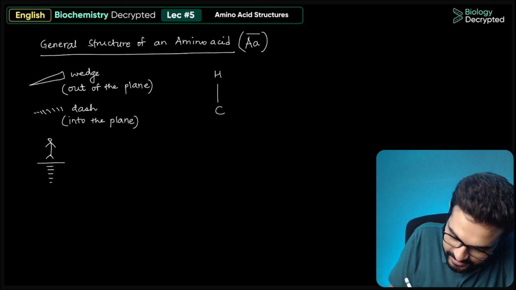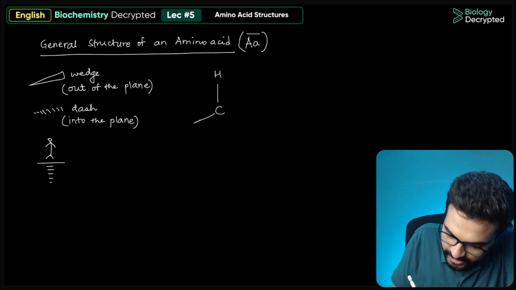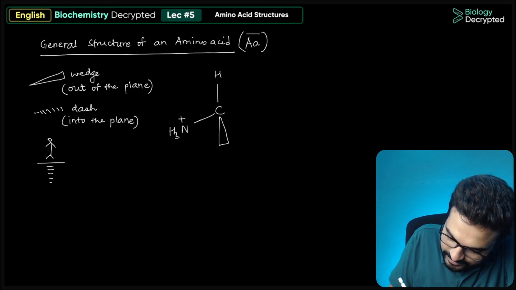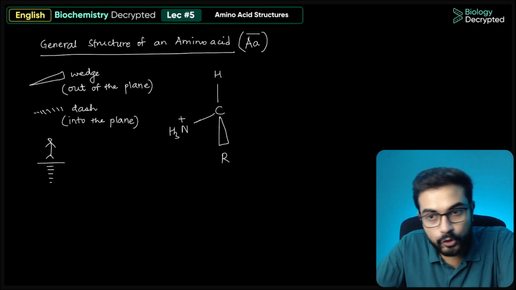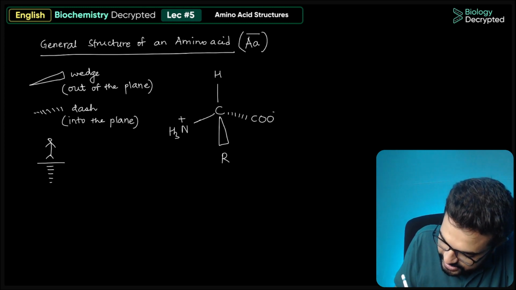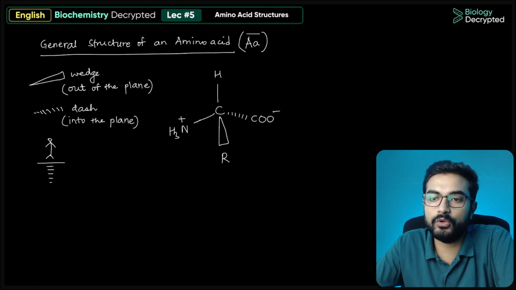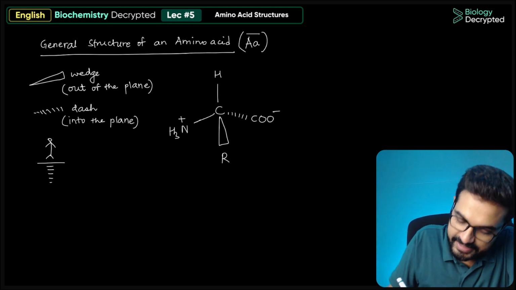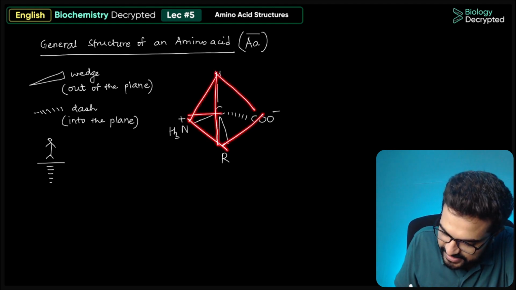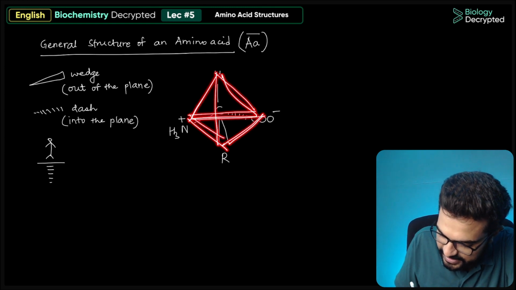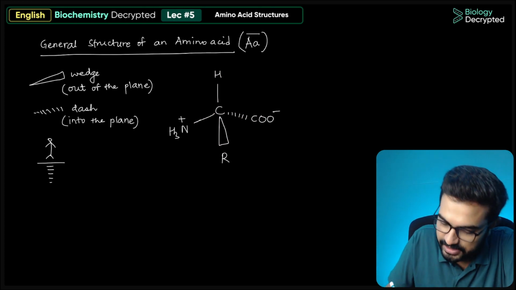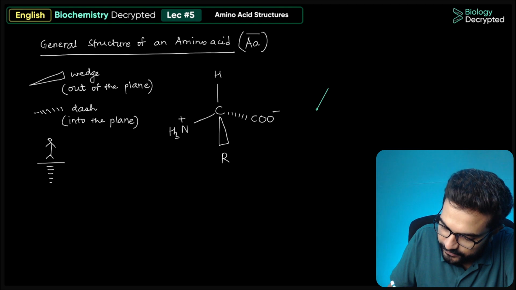So it is bonded to hydrogen, it is bonded to NH3 plus group, then it has this R group, and it is also bonded to COO minus. Now, as you can see here, this particular structure is of a tetrahedron. This is one triangular face, this is another triangular face, this is another triangular face, and this is the 4th triangular face. So overall, this particular structure is actually of a tetrahedron,